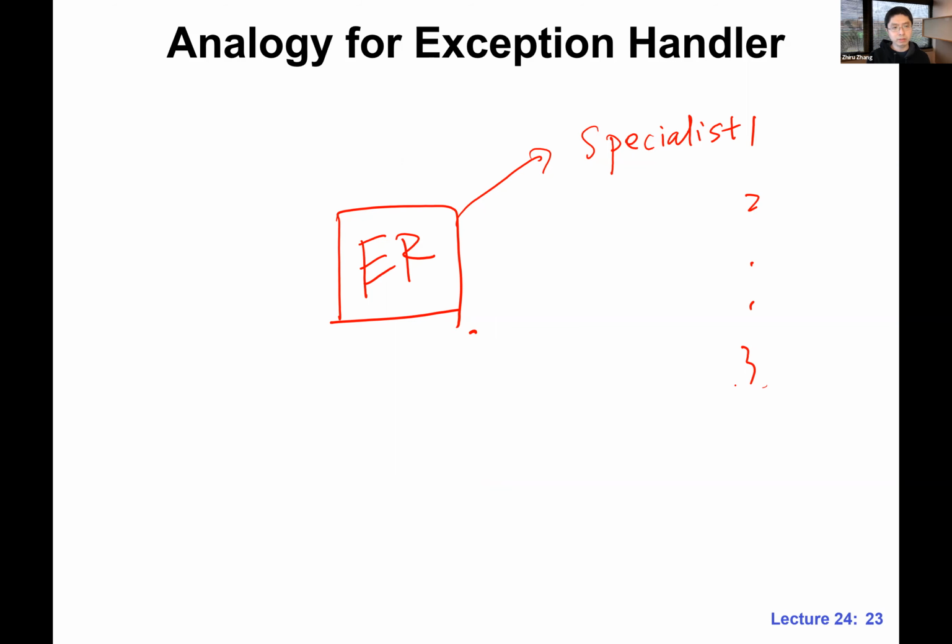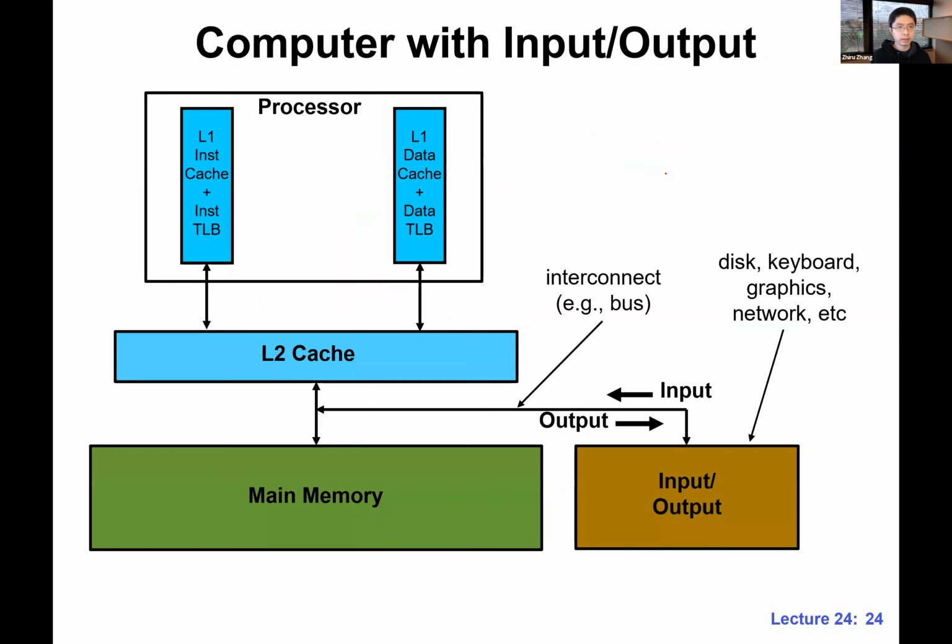The ER doctor will refer you to the right kind of specialist, and for our exception handler, depending on whether we are dealing with a page fault or some other program-triggered exception, the right kind of OS routine will be triggered. So those are basically specialists. Does it make sense? Yeah, so I think many of you already got the right intuition. Okay, so let's